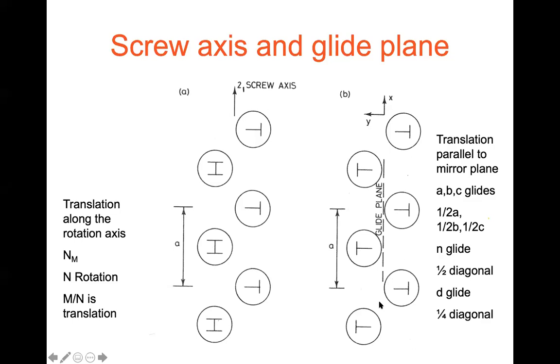So in the unit cell, in the crystal structure, there are atom positions that follow this kind of symmetry. So you don't have to write all these positions. You can tell that this is a 2-1 screw axis. You give only one atom, and it will generate the rest of the atoms. That's why we need symmetry. Otherwise, it is more difficult.